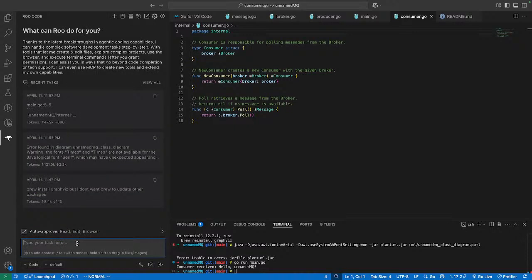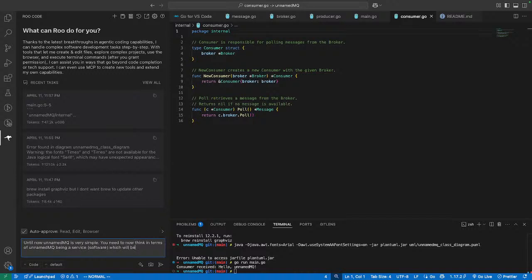So you need to now think in terms of this being a library, or not even a library, a service actually, in terms of unnamed MQ being a service. Actually, it's a software